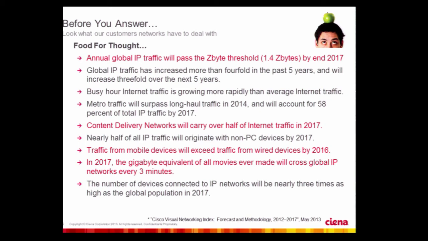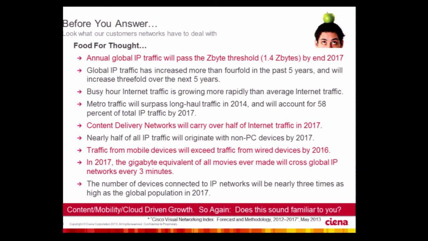Another important point is that it is expected by 2016 that traffic from mobile devices will be larger than from wired devices. So you can actually see in the network, depending on the time of the day, that your traffic demand is somewhere completely different, and that makes it very important that you can dynamically adjust the capacity in your network. So basically that the network is scalable and also programmable.